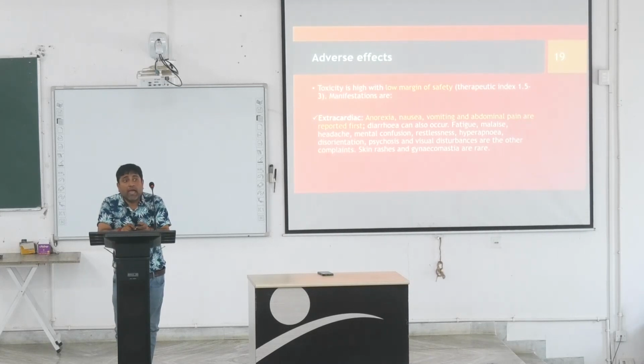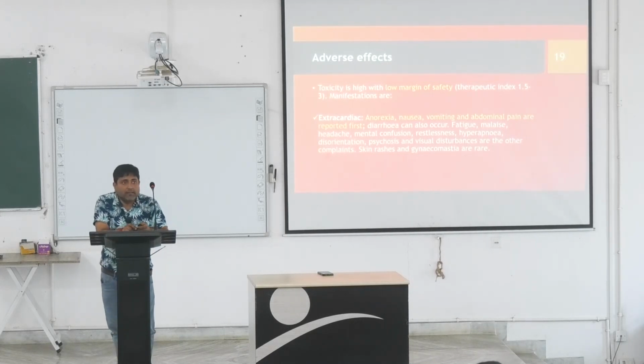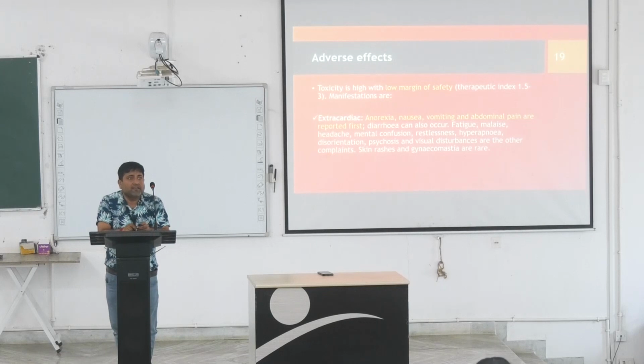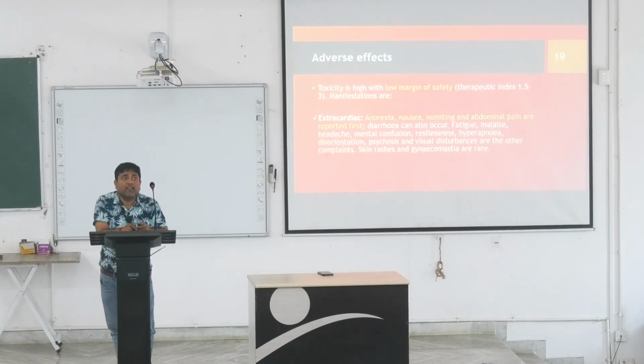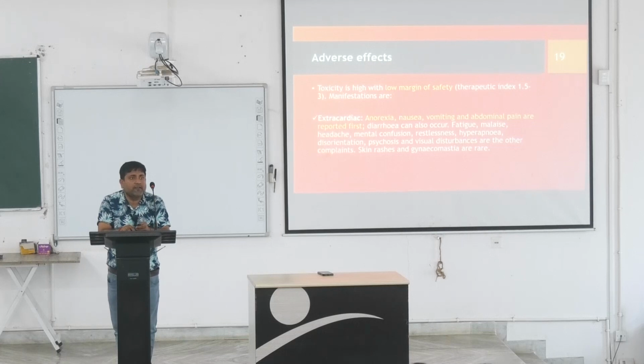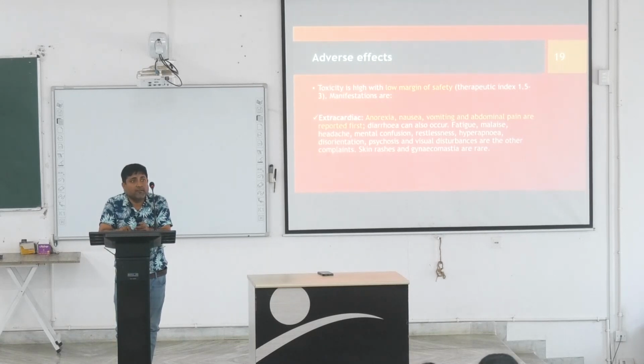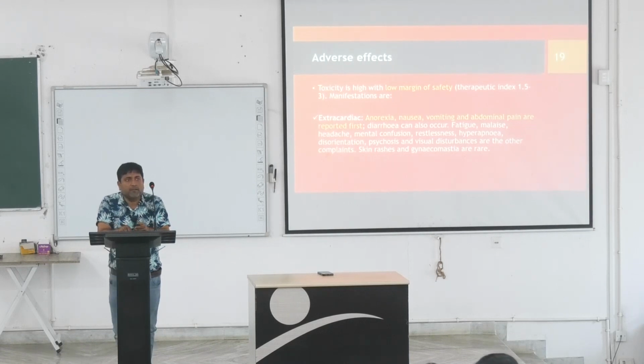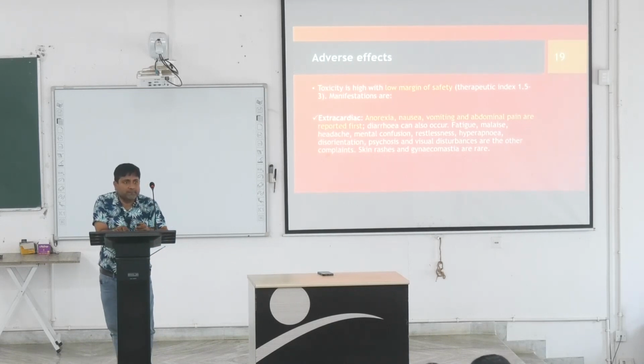Now, rhythm other than the sinus rhythm, they are called arrhythmia. When the impulse either is not arising from the SA node or is arising from the SA node but traversing via a different pathway, because any pathway is blocked, so that can result in arrhythmia. There are lots of arrhythmia. It can be supraventricular arrhythmia, it can be ventricular arrhythmia.